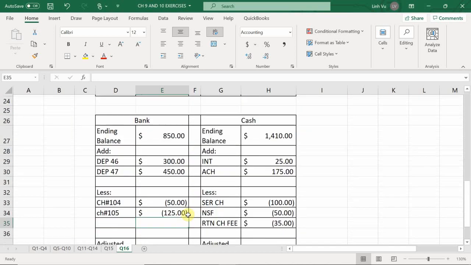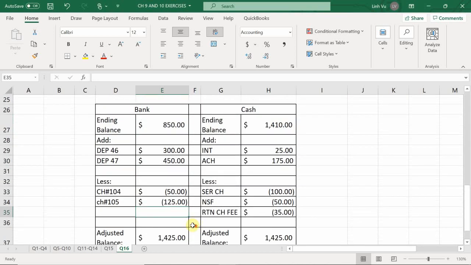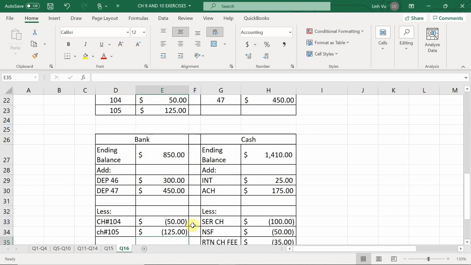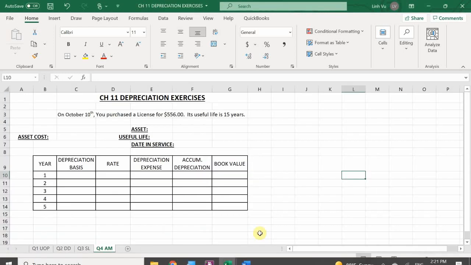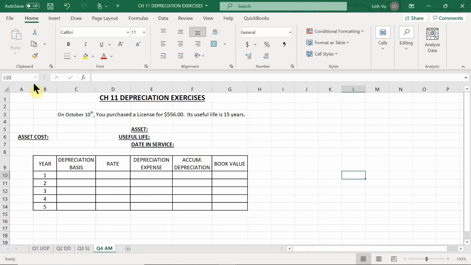And that is it for the Chapter 9 and 10 review, right? In Chapter 9, we looked at petty cash, how to establish it. In Chapter 10, we got a review, we got the receivables, we got the bank reconciliation, as well as the interest. All right, so let's go over the last thing I have here, which is going to be